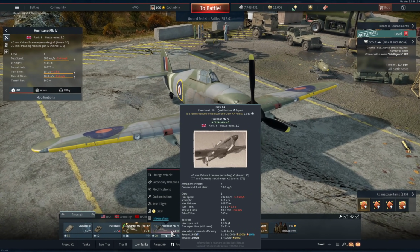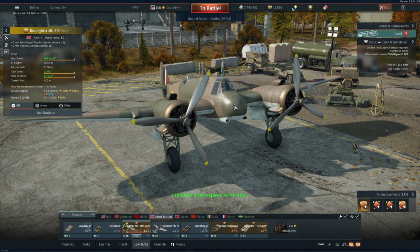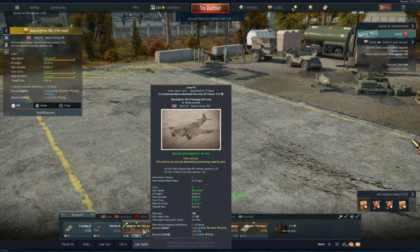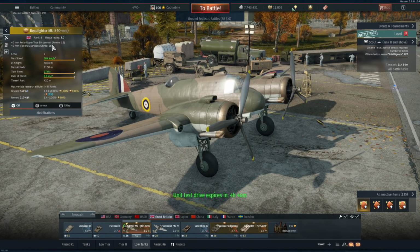The Vickers S cannon is here on the Hurricane Mark IV as a separate mount. These are built in. It's actually the only armament that you have on the Beaufighter Mark I, and it is nose mounted. They're both nose mounted, whereas the Hurricane Mark IV, a comparable plane in some ways, has them underneath the wings. Now, this is a 3.0 BR plane, but if you look at the stats, 504 kilometers per hour, 27-second turn time, 8 meters per second rate of climb, that's realistic with 28 rounds of